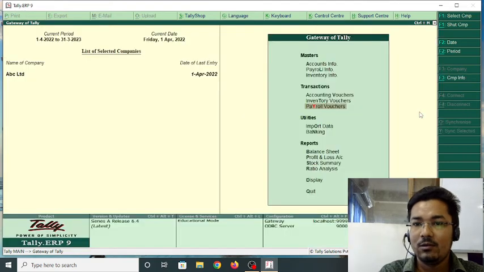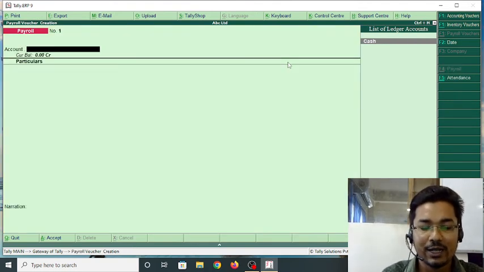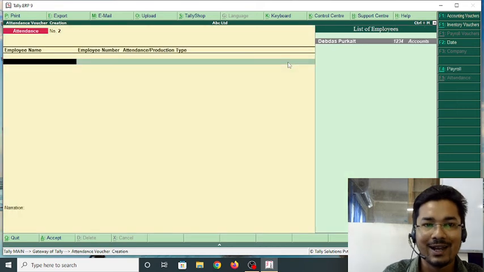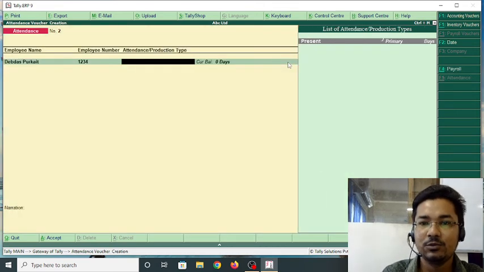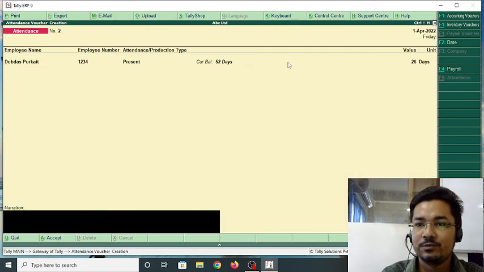So now, the accounting payroll voucher: Ctrl F4 for payroll voucher, and also Ctrl F5 for attendance. So once again Devdas Purkait, days 26, end of the list.